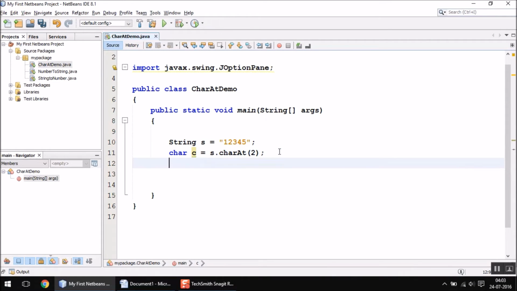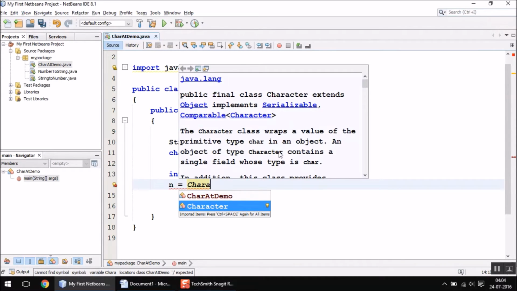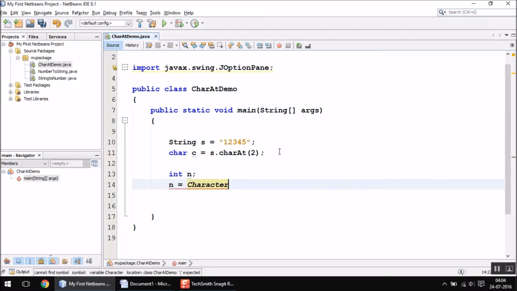So right now this 3 is stored in this variable c in char form. To convert this into an integer, I first need an integer variable, of course, and in fact we have an inbuilt class in Java called Character, with capital C.